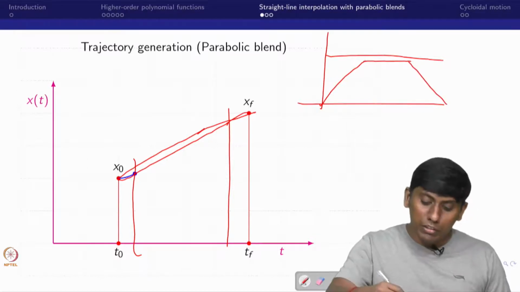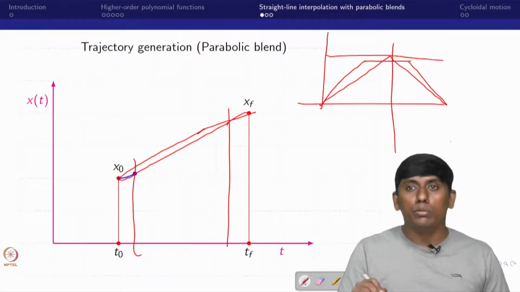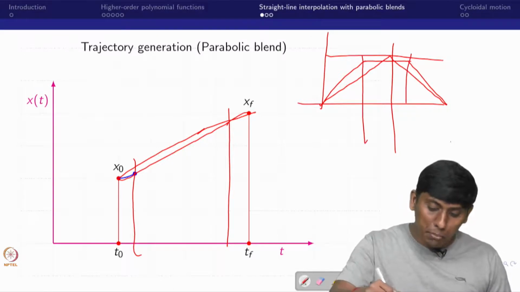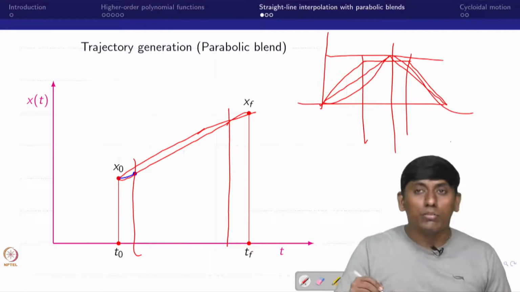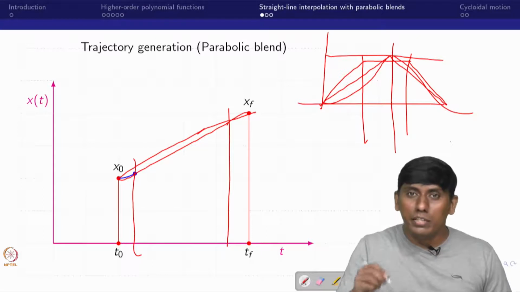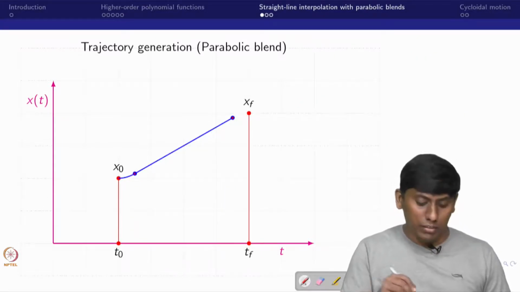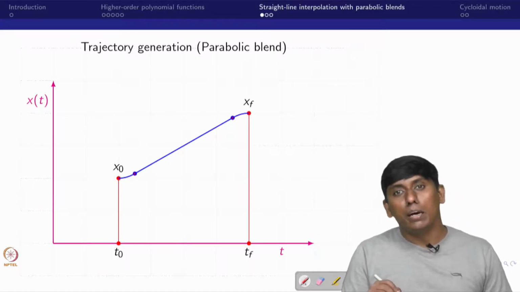Okay, so even this can go like this also. So then this would be what you call the uniform acceleration and deceleration case, but in this case there is a parabolic. Here the parabolic has no blend, so it is going to come in the acceleration curve that we will see in an upcoming slide. Now you can see this is a straight line, and after that again you make it a parabolic.